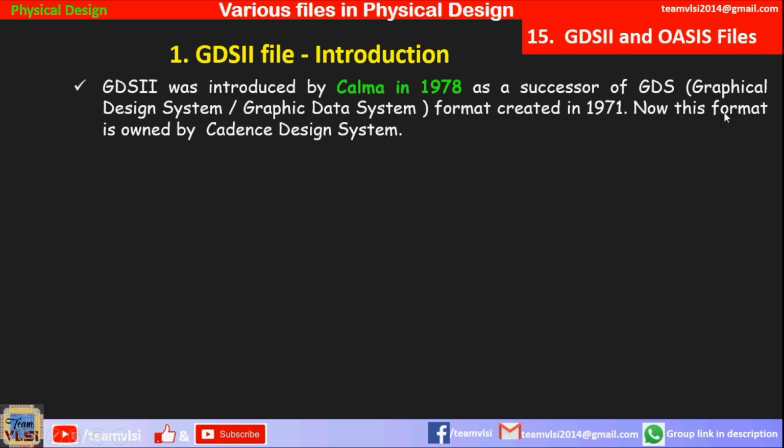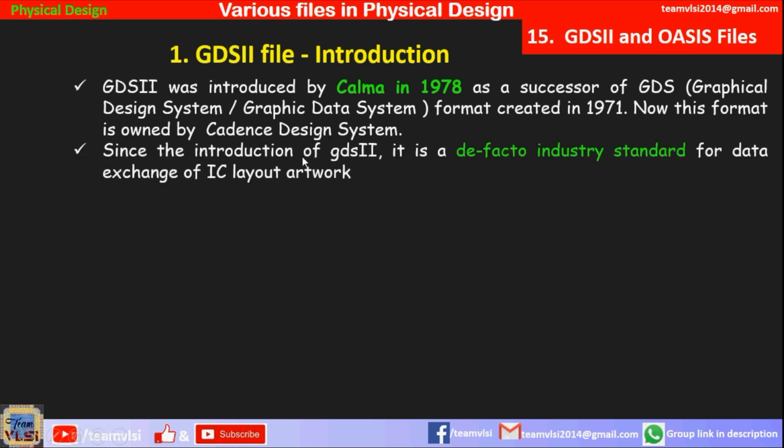Now this format is owned by Cadence Design Systems, since Calma was later acquired by Cadence Design Systems. So now the sole rights of this format belong to Cadence. Since the introduction of GDS2, it has been the de facto industry standard for data exchange of IC layout artwork.